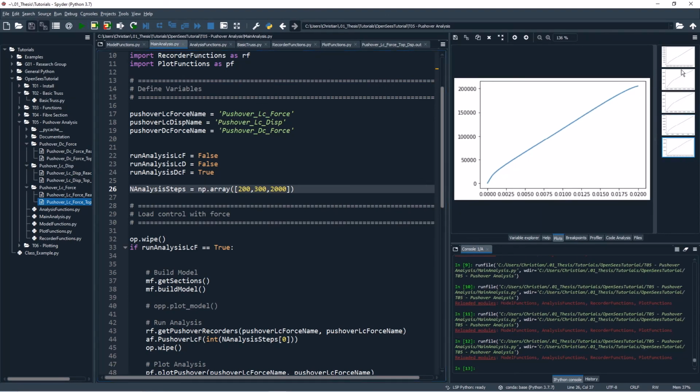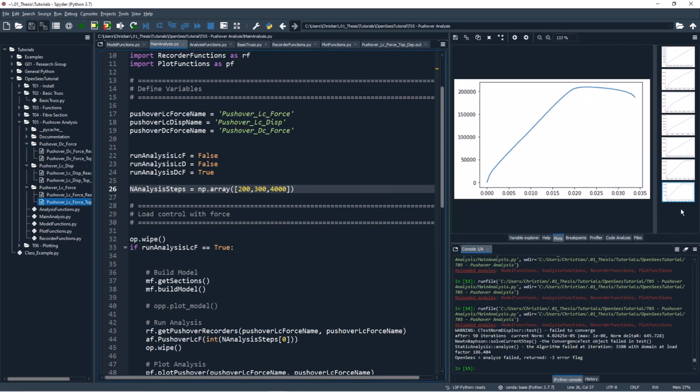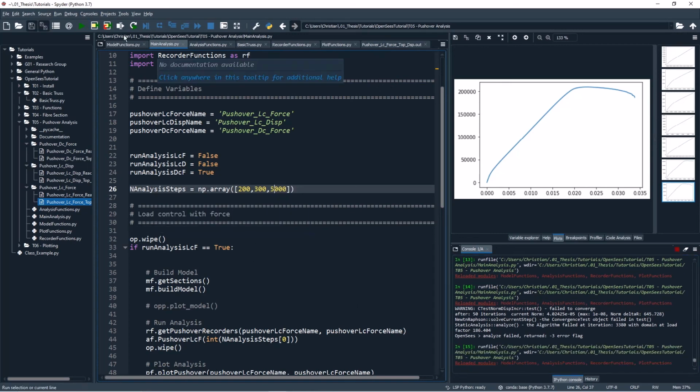Okay, great. So we can see the differences between the load control curve and the displacement. If I go to 3,000, we can see that we're getting this deterioration, which is nice. I'll go to 4,000, and we're starting to get some pretty sharp drops. I won't push it too far. Actually, oh yeah, okay, it failed. So I think this is a good example of the